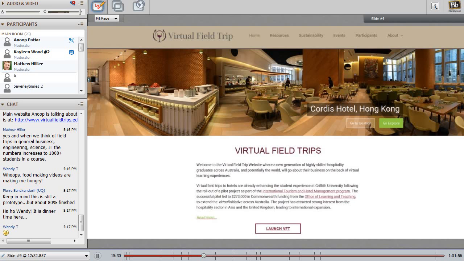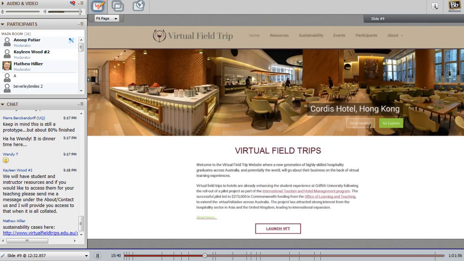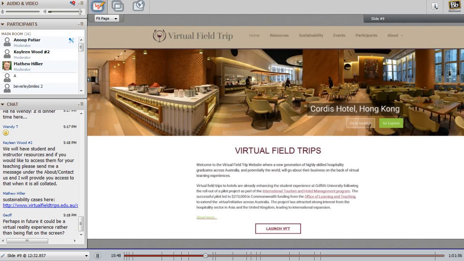Then we have another tab which is sustainability, and when we were developing the virtual field trip, we worked very closely with a sustainability consulting firm called EarthCheck. As soon as you go into the sustainability tab, there are a number of case studies which EarthCheck has donated to us, so students can view those.